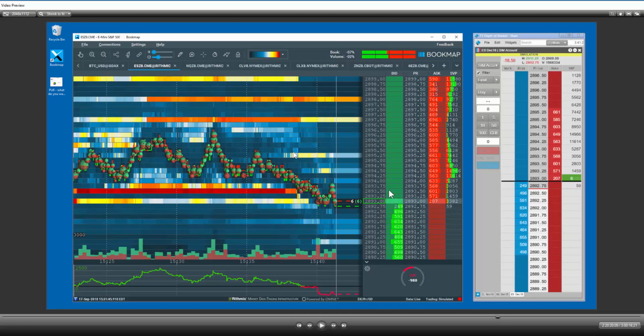Let's compare a traditional dome here on the right with Bookmap here on the left. We're looking at the S&P E-mini at the low of the day near the close of the cash session. Since Bookmap records all of the trading activity, let's do a quick analysis of what we're seeing here, and then